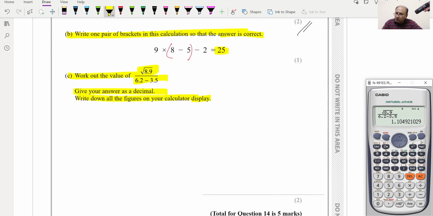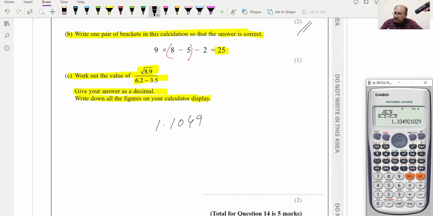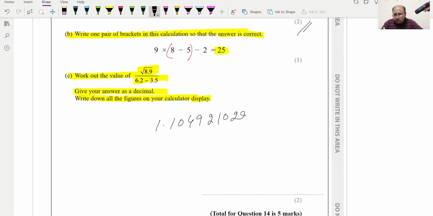So all the calculator numbers: 1.1049, and next numbers are 21029. This will be the final answer which we can provide over here, and hopefully you understood this 2 marks